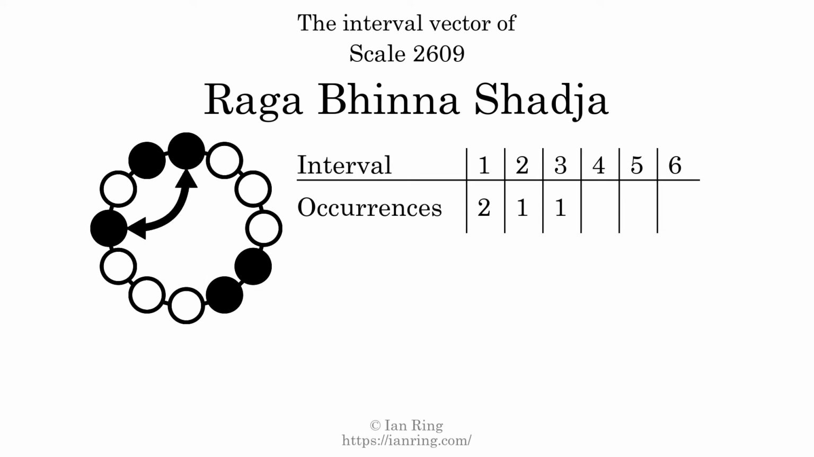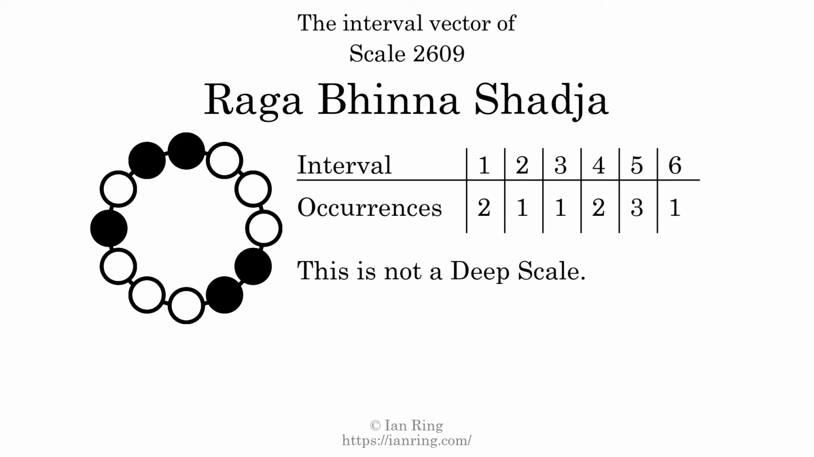It is here. There are 2 intervals with a size of 4 semitones. They are here and here. There are 3 intervals with a size of 5 semitones. They are here, here, and here. There is 1 interval with a size of 6 semitones. It is here. Each interval does not appear in this scale a unique number of times, so this is not